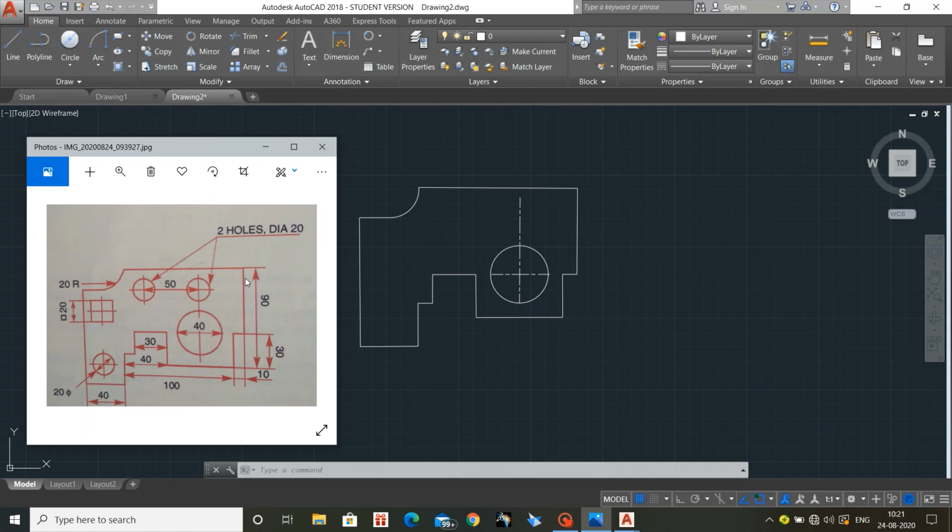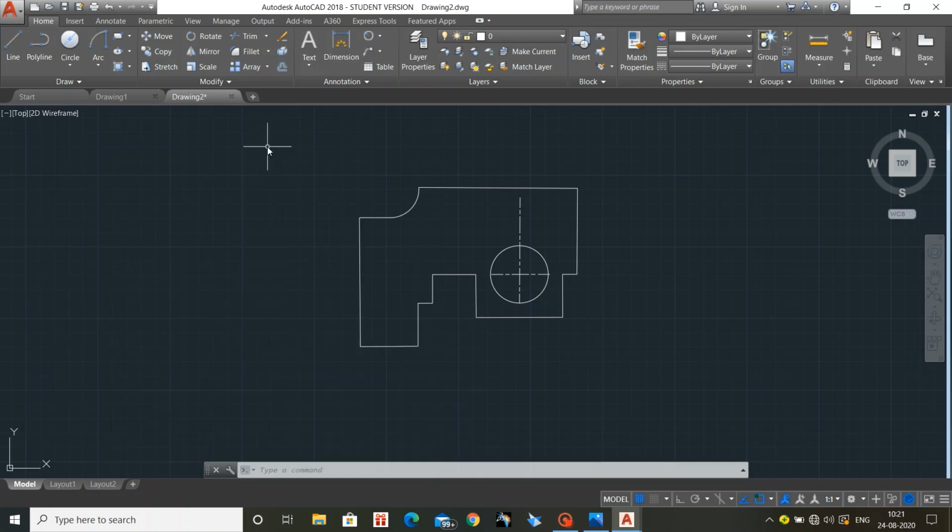So in that 60 you remove the radius of the big circle, that is 20, and the radius of the small circle, that is 10. So if you remove 20 and 10, so that is 30. So the distance between the centers of larger circle and the small circle is 30. So just I am extending the construction line, horizontal construction line.